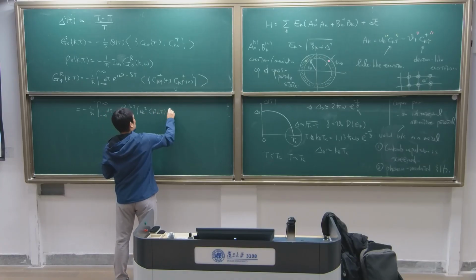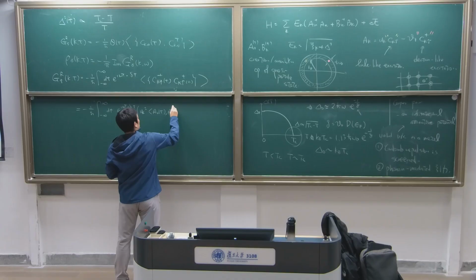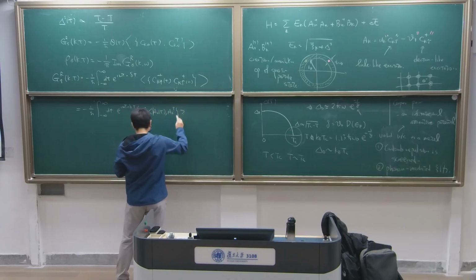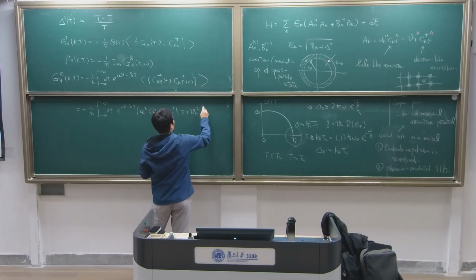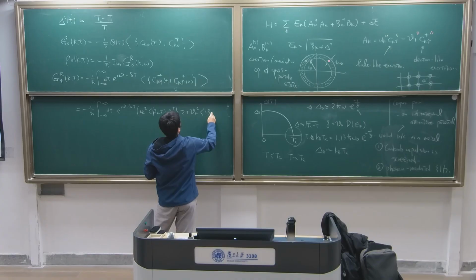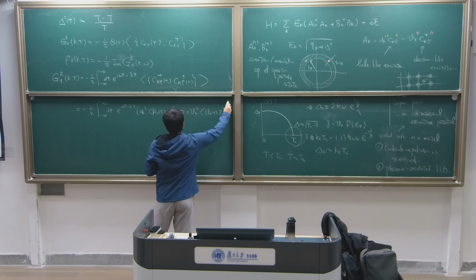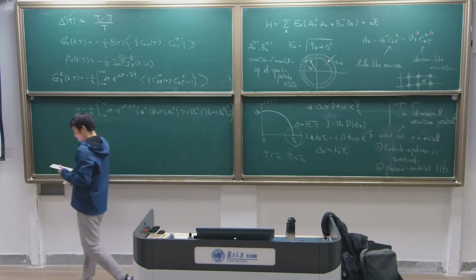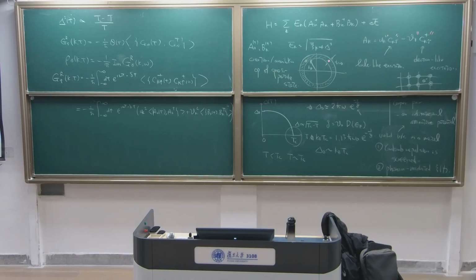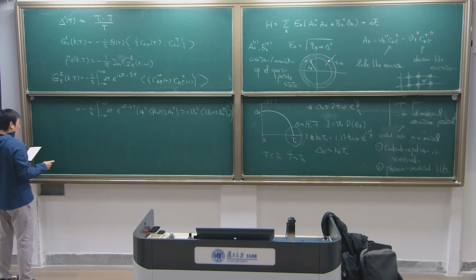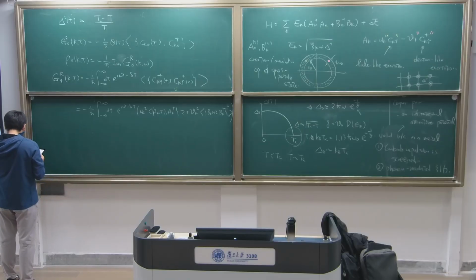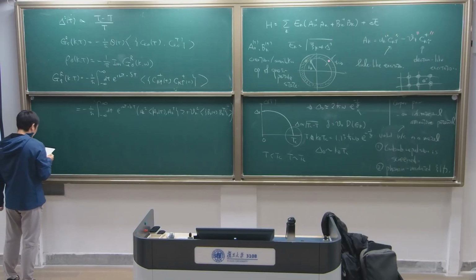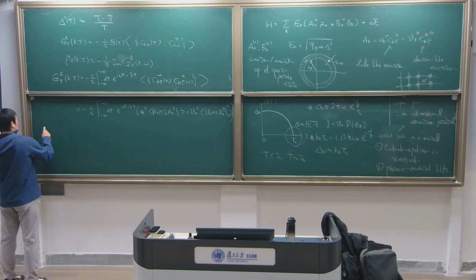And also into curve, like this. And then you use the fact that the Hamiltonian is diagonal in this. So AK